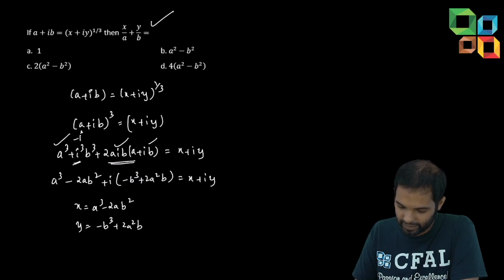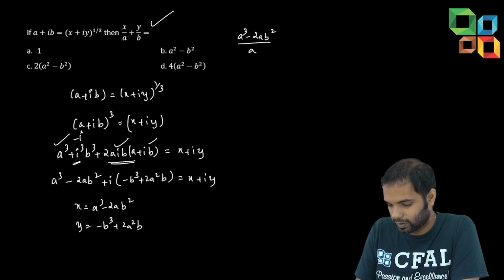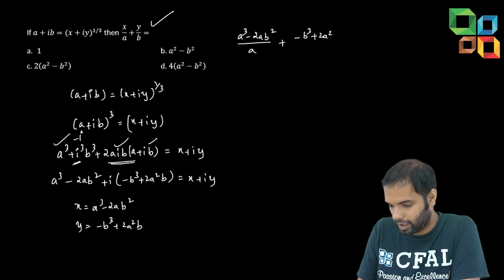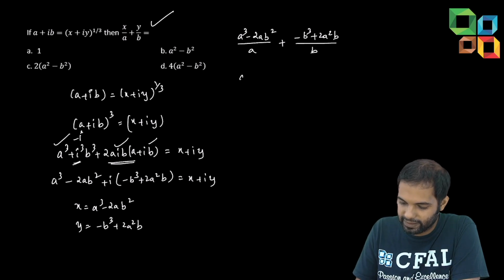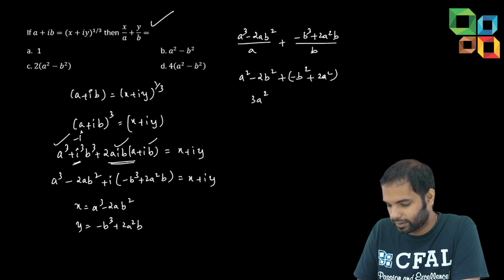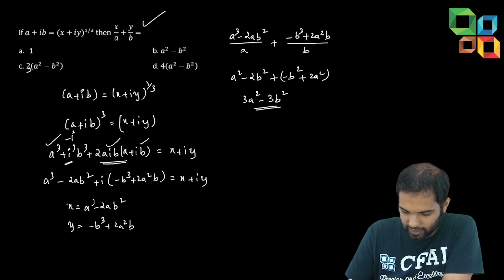Why do we need this? We just need this to simplify this. Right, x by a is (a cube minus 2ab square) by a. y by b is, what is y? (Minus b cube plus 2a square b) by b. You can see that a will get cancelled. So it's a square minus 2b square. On the other side, b will get cancelled. So it's minus b square plus 2a square. Just simplify. It will be 3a square minus 3b square. One of the options. We suppose this option should be 3 into a square minus